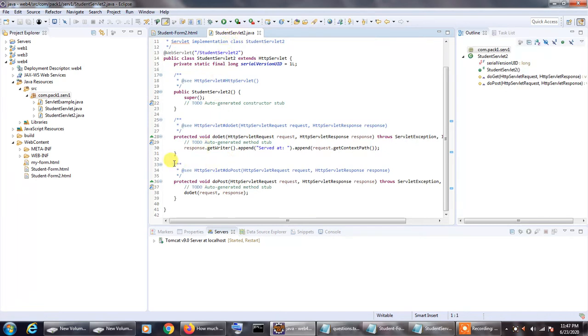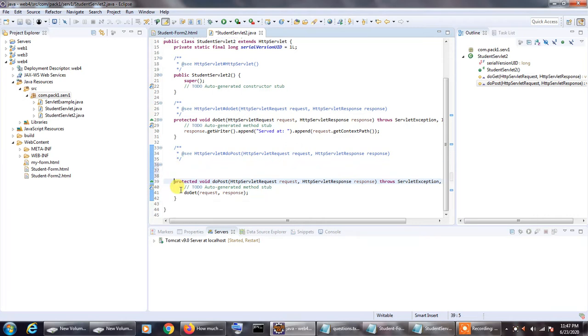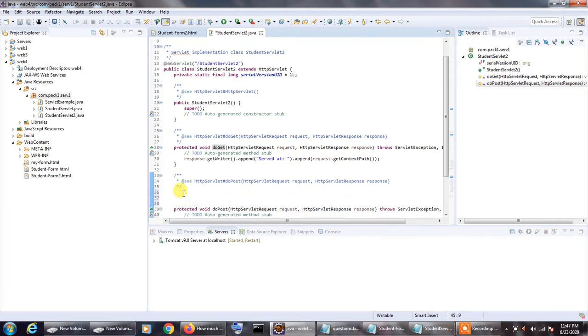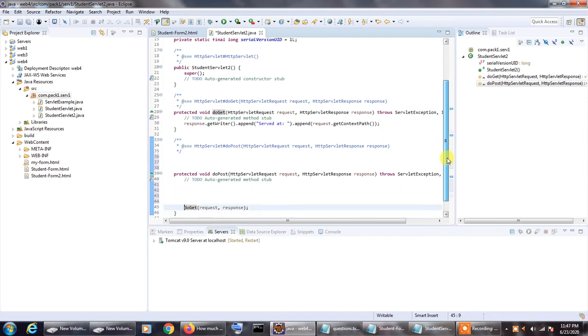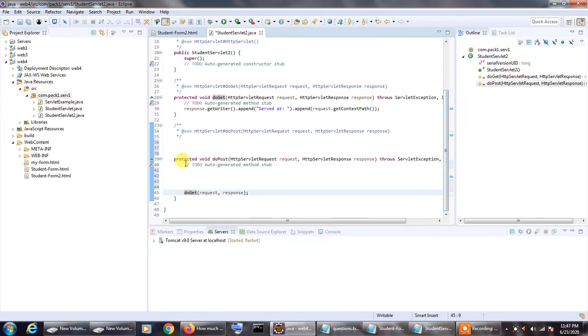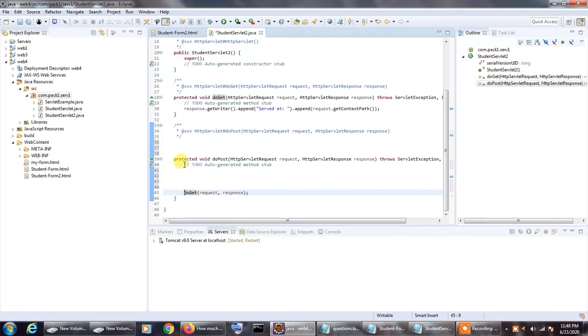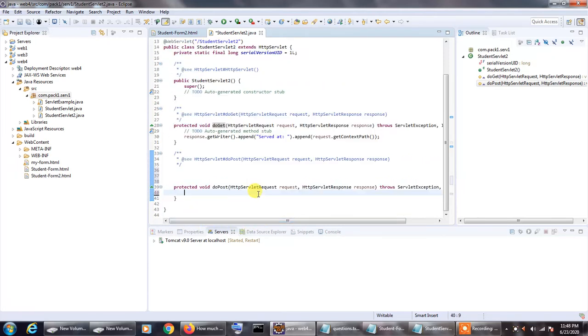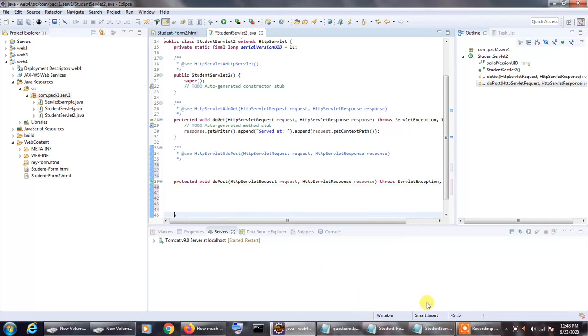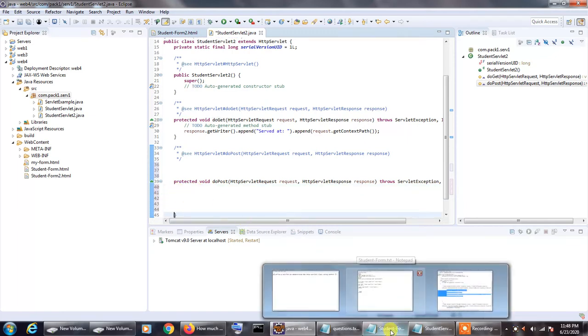Let's create some white space around the doPost method so that we can type our code properly. Okay, now let me get rid of this auto-generated code. Now what we will do here is just copy and paste the code from our file.